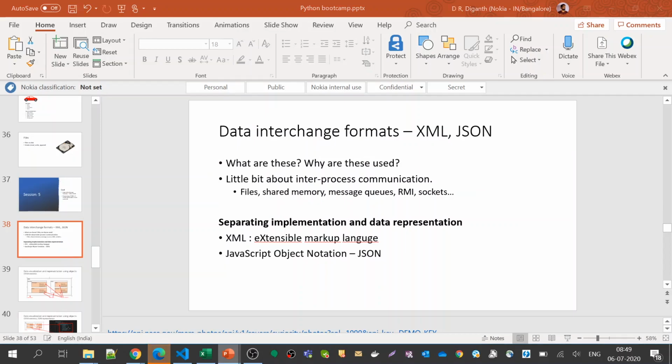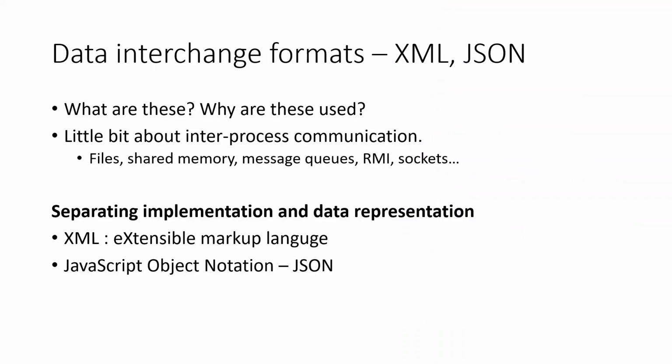Okay, so we learnt about HTML, and we learnt about XML. XML means it's a markup language. A markup language is nothing but data embedded inside two tags. That is like HTML. They're put inside greater than and lesser than symbols, and then the data is inside that. That is why it is called a markup language. So you are marking the data. So XML is also a markup language. It is called extensible markup language because you can define your own tags.